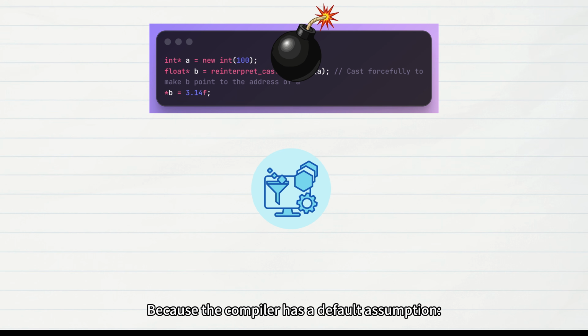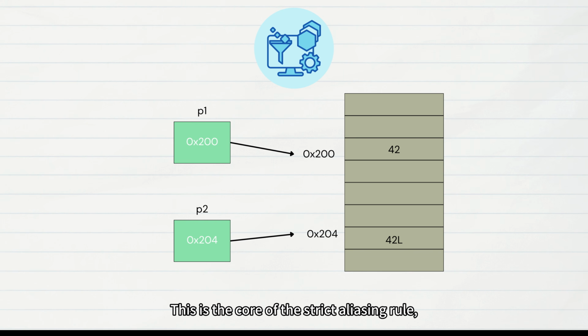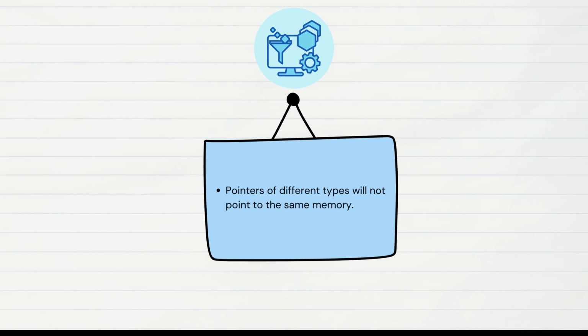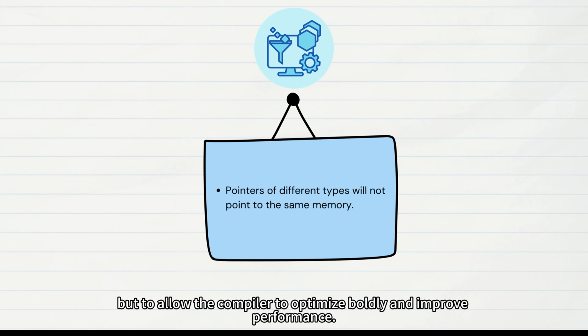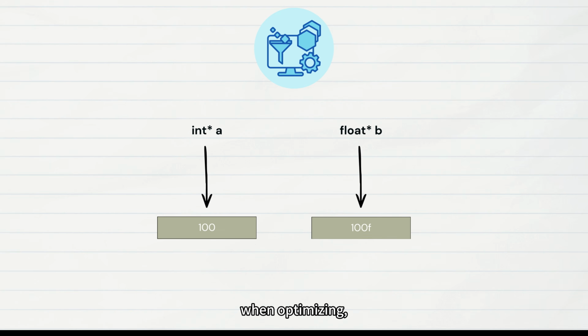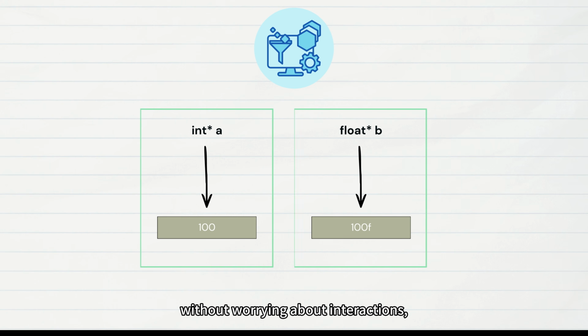Because the compiler has a default assumption, pointers of different types will not point to the same memory. This is the core of the strict aliasing rule, and it's the foundation for compiler optimizations. This rule is not designed to make our lives difficult, but to allow the compiler to optimize boldly and improve performance. For example, when the compiler sees int pointer A and float pointer B, it assumes they point to different memory. So when optimizing, it can optimize operations on A and B independently without worrying about interactions, making the code